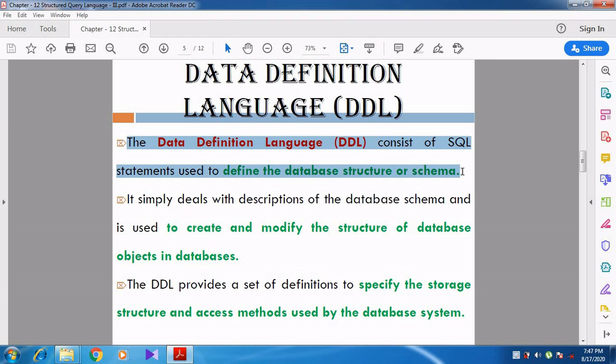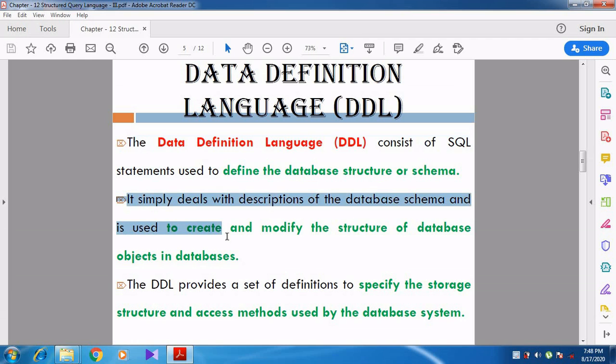Creating the structure for the database means creating the columns: what relations, what columns, what fields should be in the database. That is created using the data definition language.